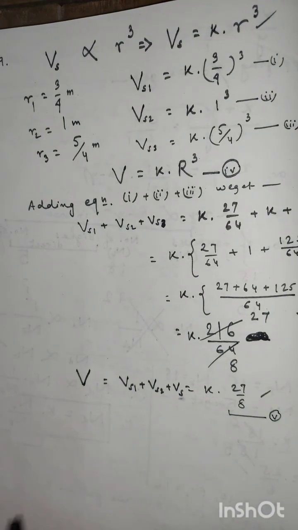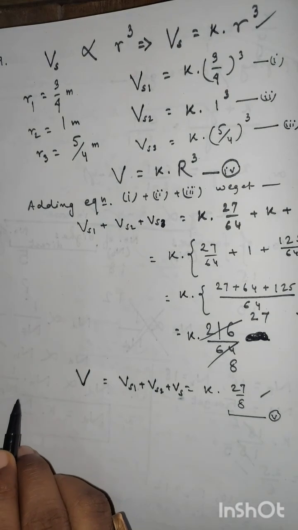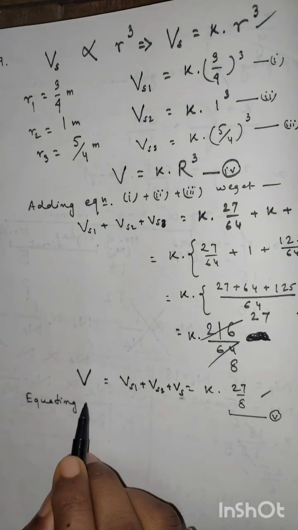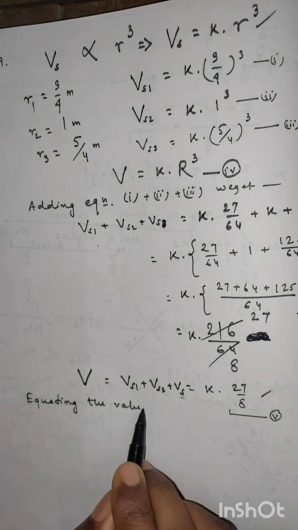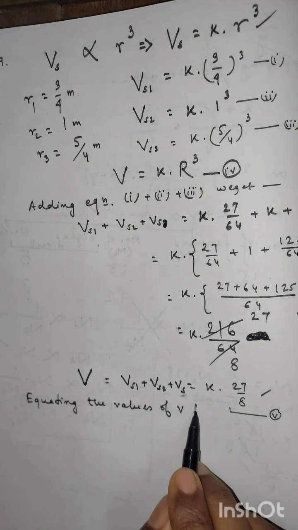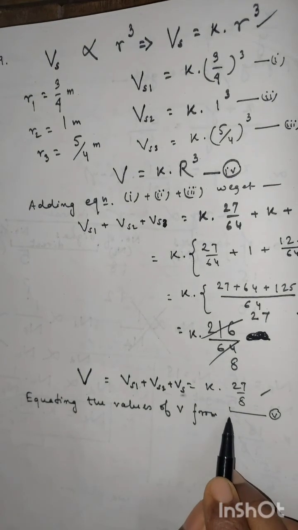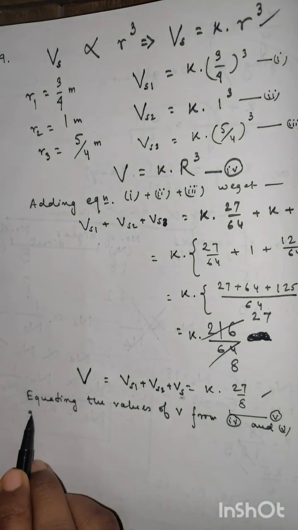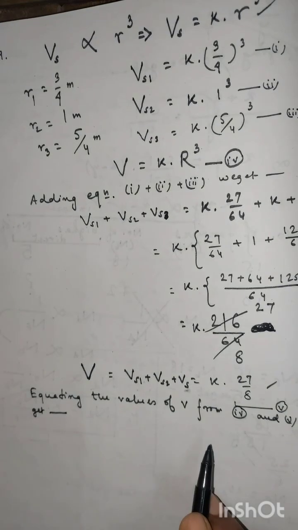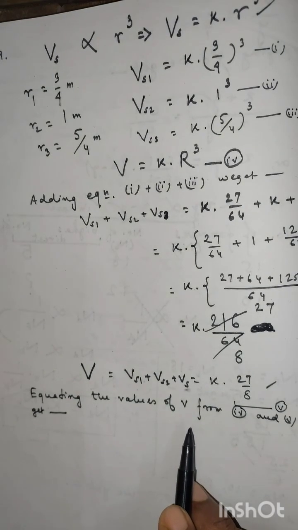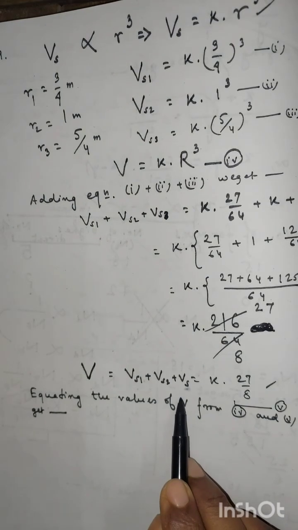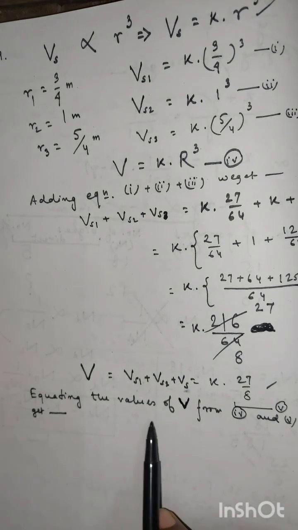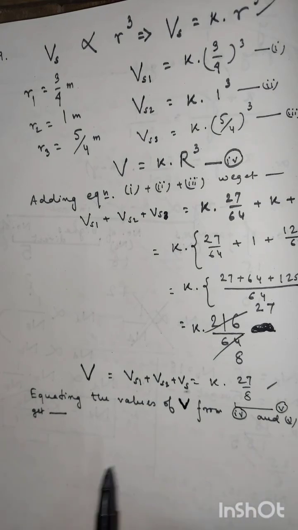So equating the values of V, that means volume of the big sphere, equating the values of V from 4 and 5, we get